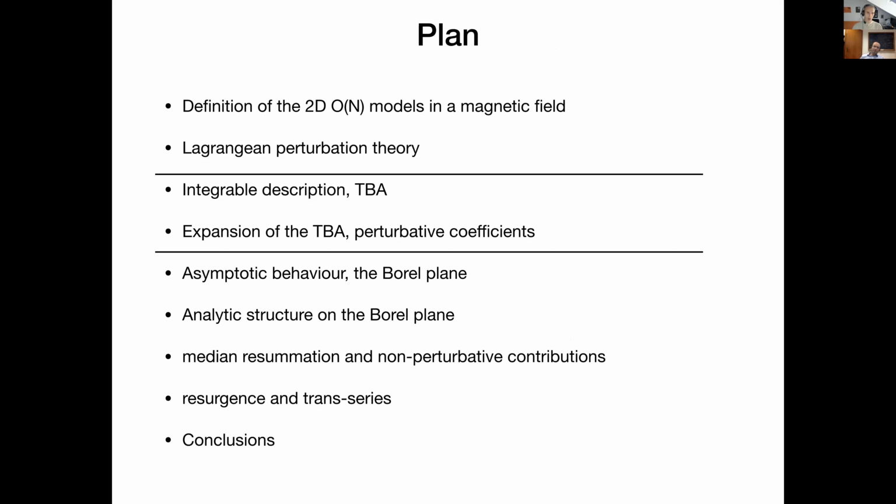It has basically two parts. In the first part, I will explain how to get the C coefficients. And then even this is divided into two parts. In the very first, I will show you this O4 sigma model is a quantum field theory, which has a Lagrangian. So you can do just the usual Lagrangian perturbation theory, and you could calculate these perturbative C coefficients. But of course, this is difficult, and we cannot usually go to very high orders. Why this model is very nice and important for us is that it is integrable. And since it's integrable, we can go much beyond that. We can calculate many more coefficients.